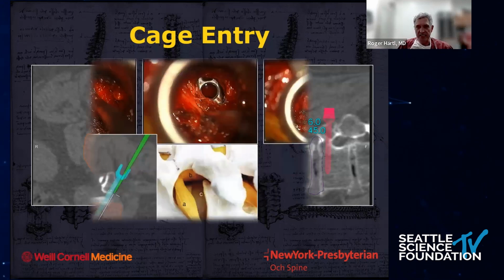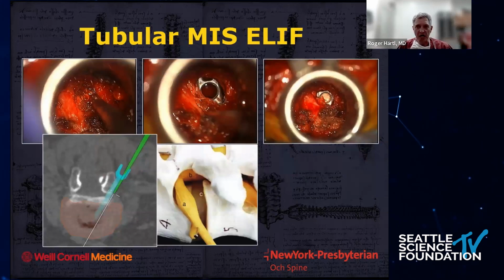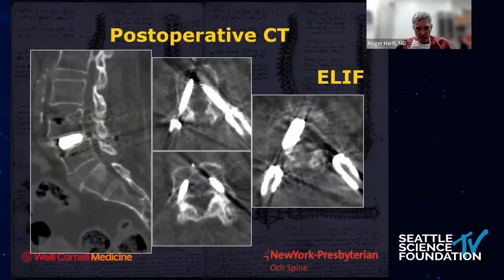So then I do the discectomy, and then you see the exiting. This is coming in from the left side at 4-5, I think, and you can see the exiting nerve root here. So obviously you're trading one complication against the other. You don't see the dura, but you've got to be really careful with this exiting nerve root and with the DRG, that you don't manipulate that too much. So that's the complication that you're trying to avoid when you do this operation. And you've got to be careful, obviously.